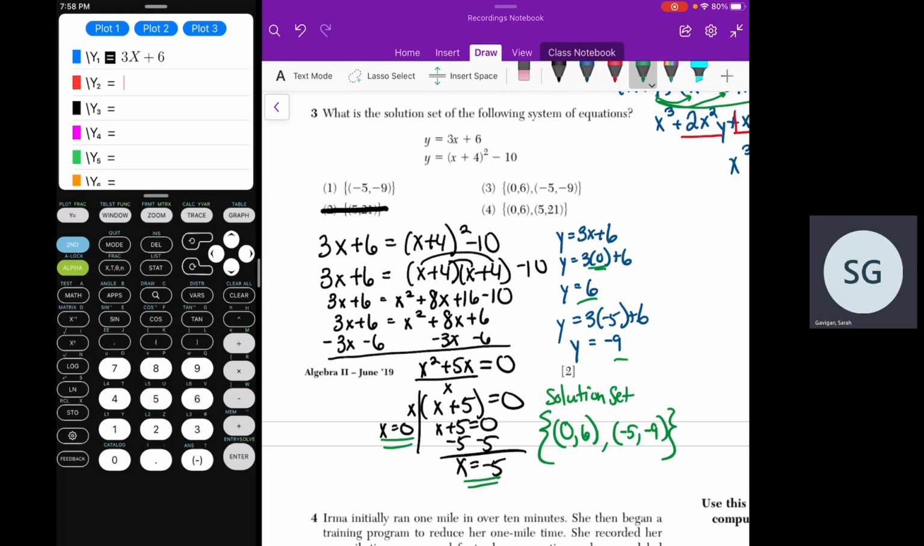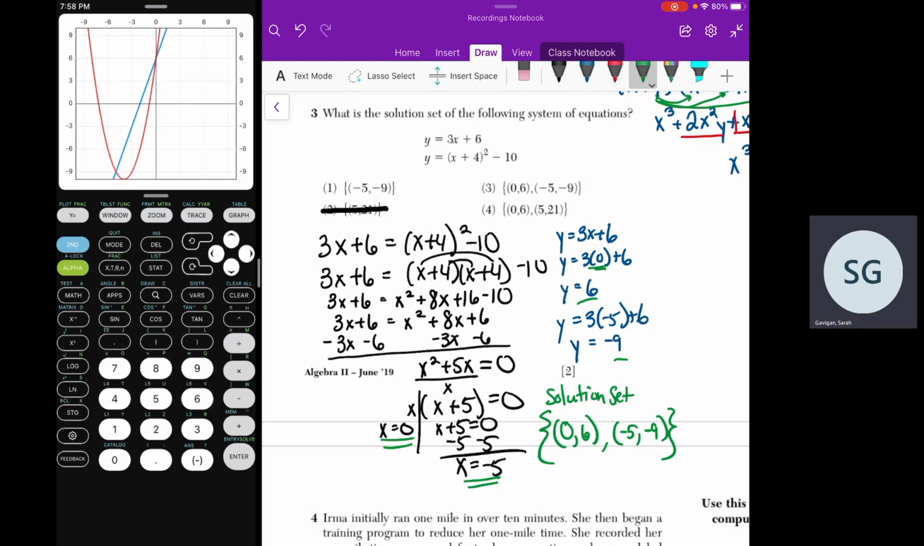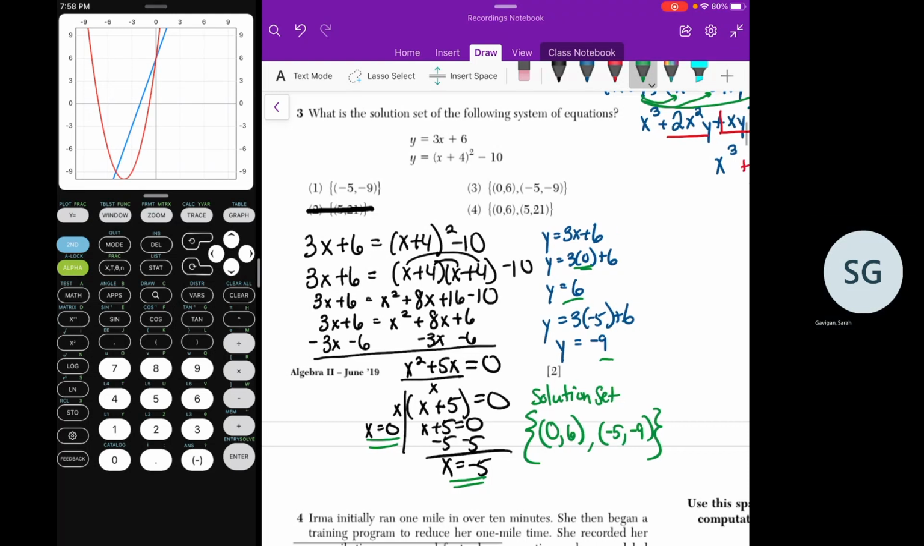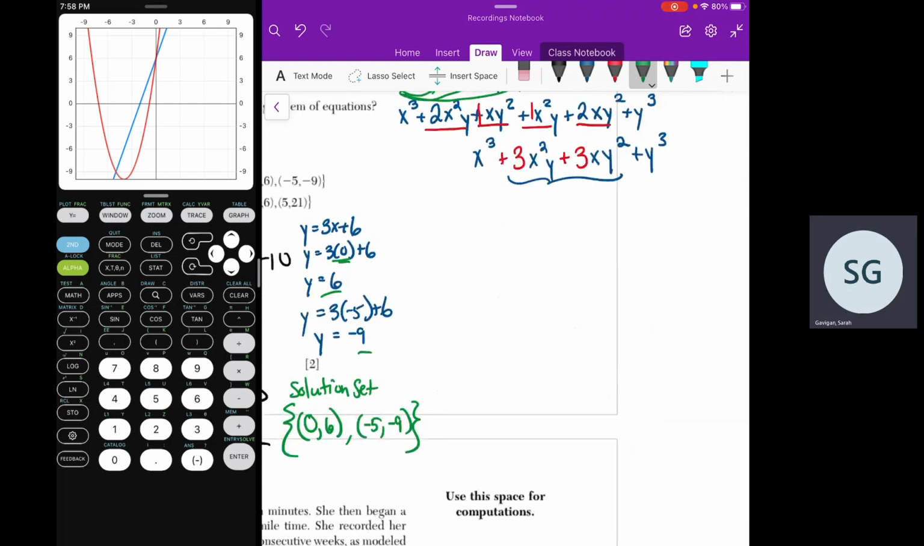1 into y1. I know this is going to be a parabola because it's in vertex form. And I can see that the vertex of that parabola is going to be -4, -10. I'm going to go zoom 6 to get the standard viewing rectangle, and there we go. So graphically, what you can do